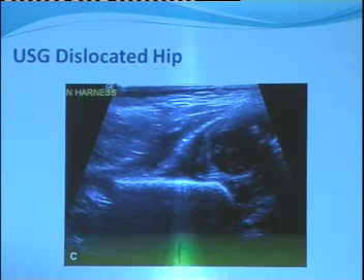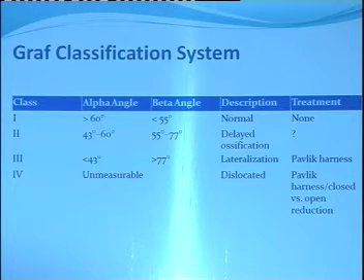This is dislocated. The graph has classified the findings of ultrasonic examination. Normal is alpha angle more than 60 degrees and beta less than 55 degrees. In class 2, the alpha angle is between 43 to 60 degrees and the beta angle is between 55 to 77 degrees, it only simply shows that there is a delayed ossification, and the child should be